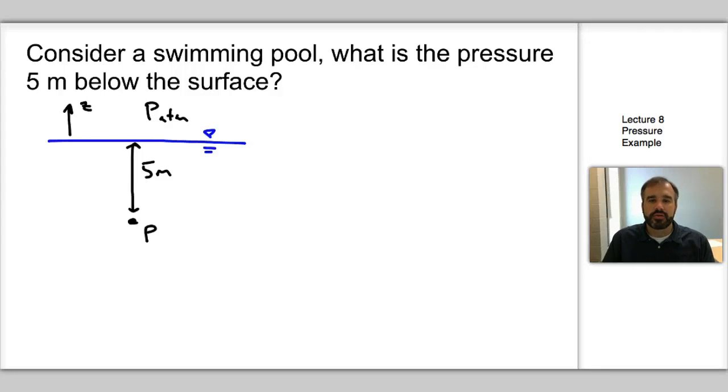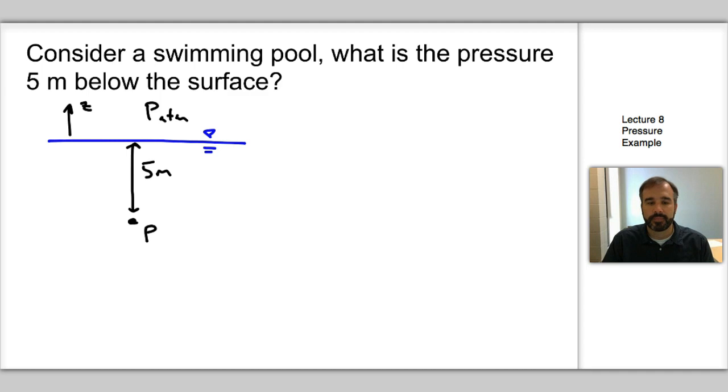In this example of hydrostatic pressure variation in a fluid, we're going to consider what the pressure would be 5 meters below the surface of the water in a swimming pool. So I've drawn that out here where we have a water surface as the blue line. You'll often see in fluid mechanics the upside down triangle with two little lines underneath it signifying the water surface